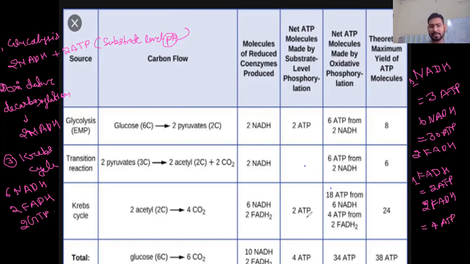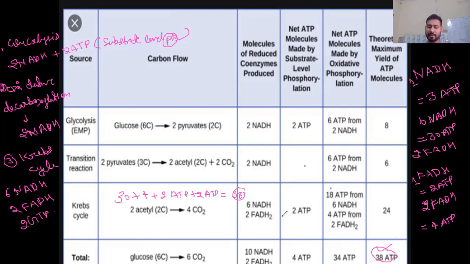So if you see the total, how many ATP molecules? Look here, I'm writing. 30 plus 4, plus 2 ATP from glycolysis, plus 2 ATP in the form of ZTP from the Krebs cycle. So total how many ATP are we getting? 38 ATP, which they have given here. In this way, during aerobic cellular respiration, or simply aerobic respiration, we are getting 38 ATP, in which NADH and FADH2 act as raw material.